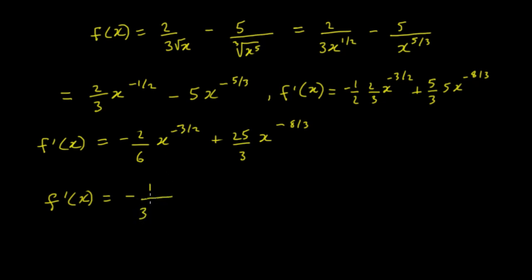Now we can take this down and it will become x to the 3 upon 2. And this one's going to be plus 25 upon 3 times, we can take the x down, it becomes x to the 8 upon 3. So finally we can rewrite this in the form minus 1 upon 3 times the